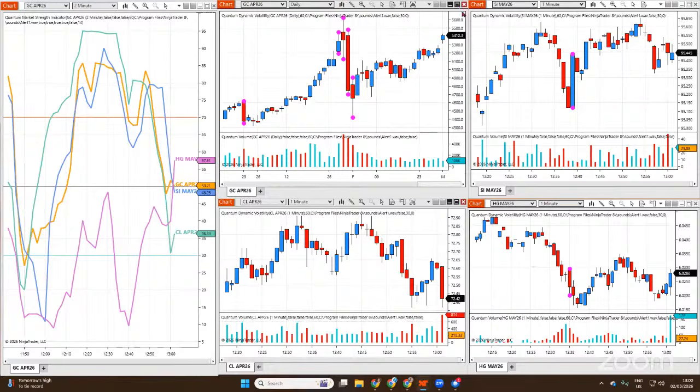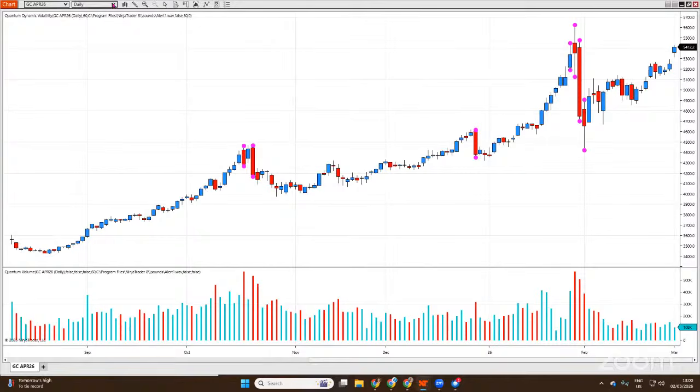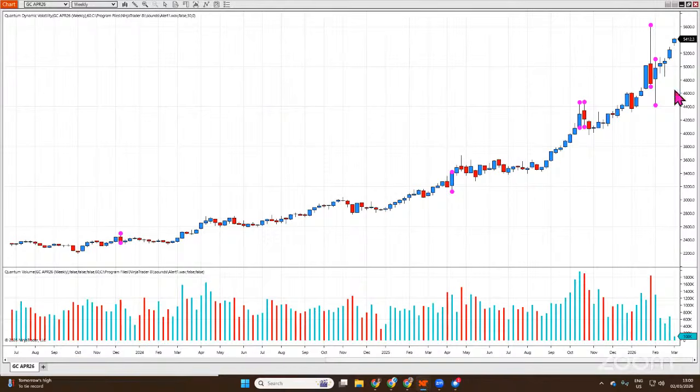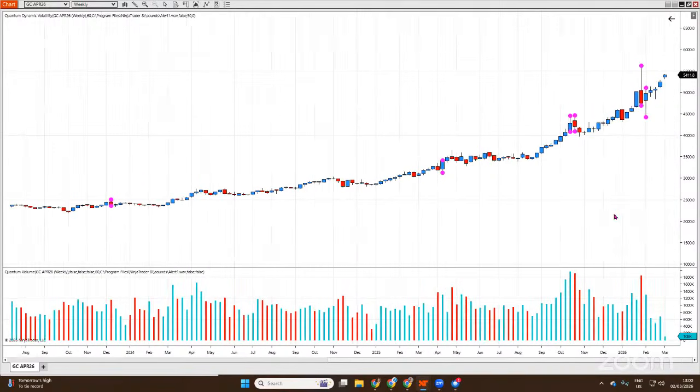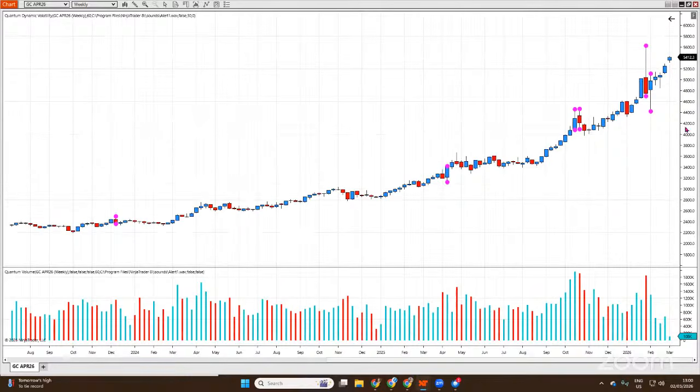Also, what I was going to show you was the weekly chart for gold, just to take a slower perspective, which is what I always recommend when you're looking at these. You get a completely different perspective, and it will show you other things as well. This was obviously the trap move here. We had the reversal here to the downside, and when you get the volatility indicator, we expect one of two things: sideways or reversal. And this is what we're getting right now. We're getting the reversal and a continuation. So no reason at the moment to suppose, certainly from a volume perspective, that move has come to an end,